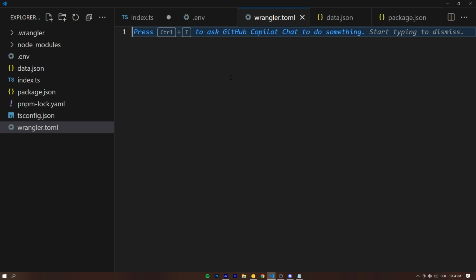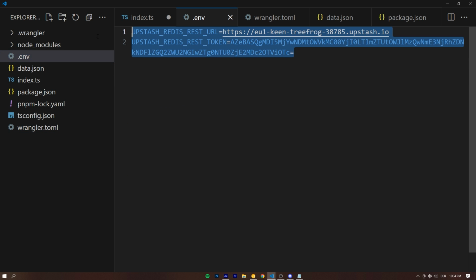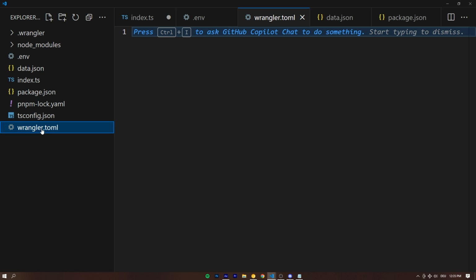And the thing is, in deployment, Cloudflare also needs access to these env values right here, but it doesn't have access to the .env file. That's a Node.js thing. So we need to declare these values separately in this file, right? So this file takes only a couple things. First off is the